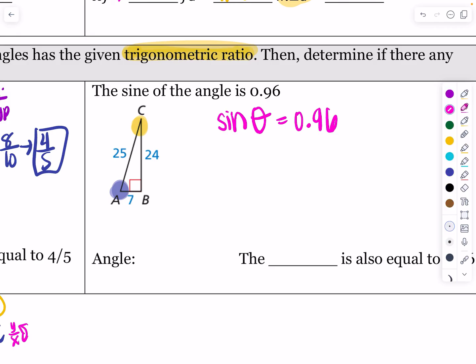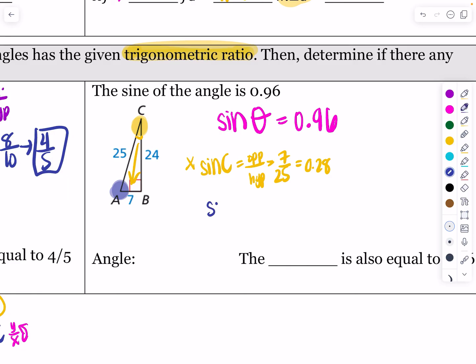The yellow one, let's go to the yellow one. So from angle C, the sine of C is going to be equal to opposite over hypotenuse. So what is my opposite over my hypotenuse? That's going to be 7 over 25. So let's see if 7 over 25 is going to be, obviously it's not going to be 0.96, but let's type it in just to check. 7 over 25 is 0.28. So we know it's not that sine of C. So it must be